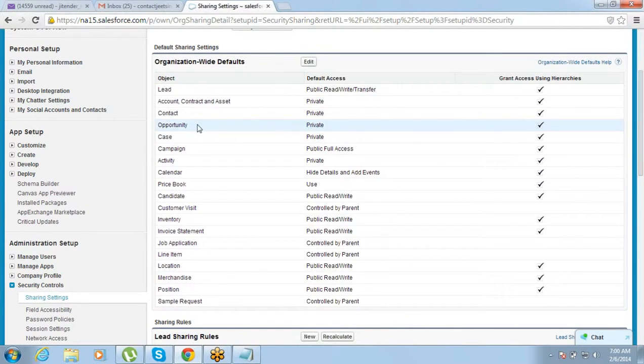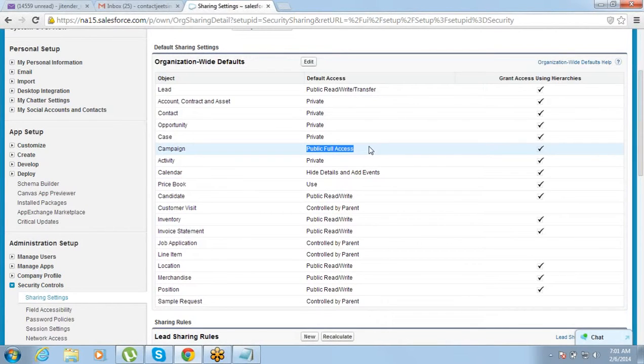Now opportunity is private here. That means only the opportunity owner will see the opportunities. Others will not get to see the opportunities. Got that? But campaign is public, so everyone can see all the campaigns. There is no such restriction for campaigns. Fine.